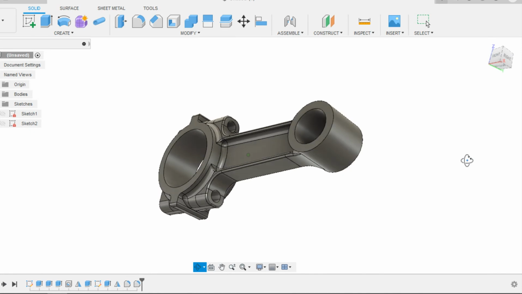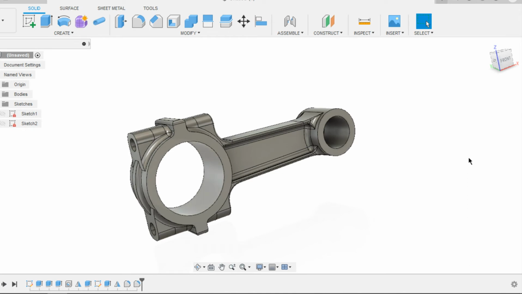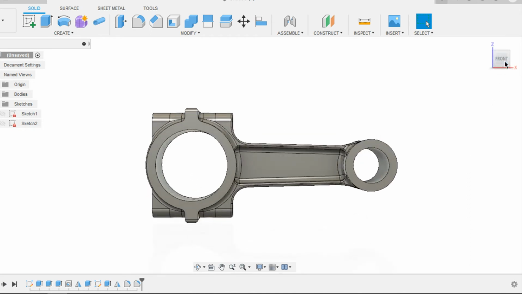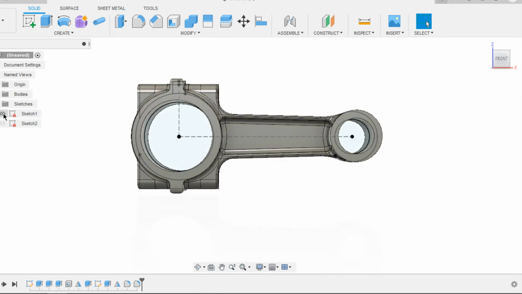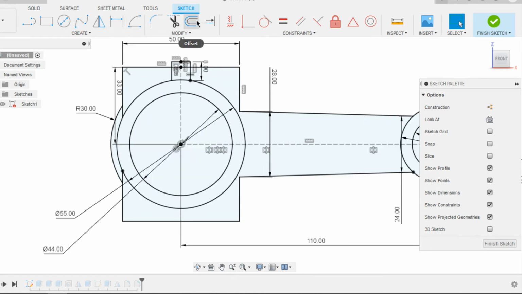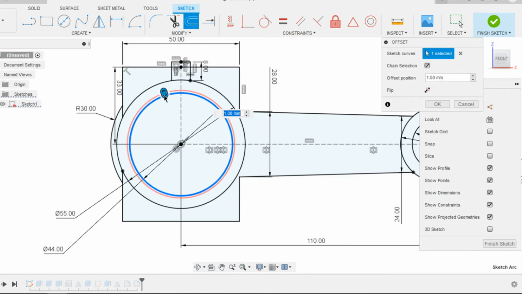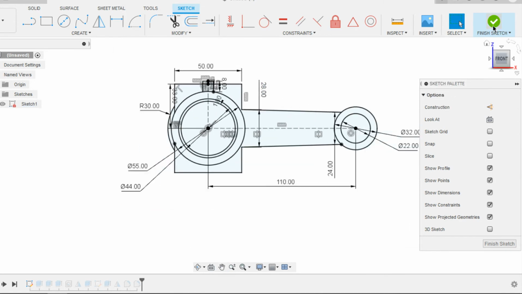But before that, I wanna create bearing brasses and bearing bush. In that way, if I use split, I can split 2 bodies at a time. I'm gonna edit my sketch 1 and then offset the inner circle about 1.8 mm, in this case minus 1.8 mm. The thickness of the bearing brass is 1.8 mm, thus we are offsetting it using the same value. Finish the sketch,